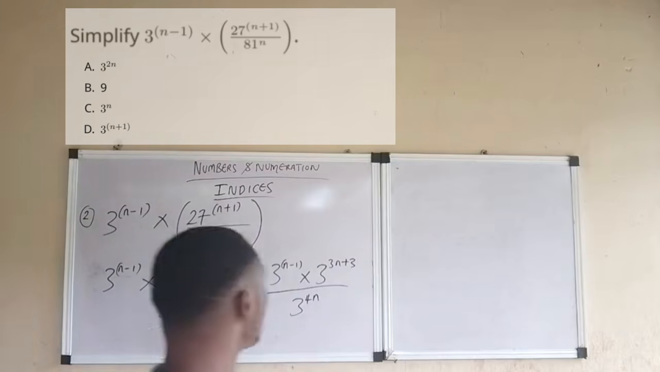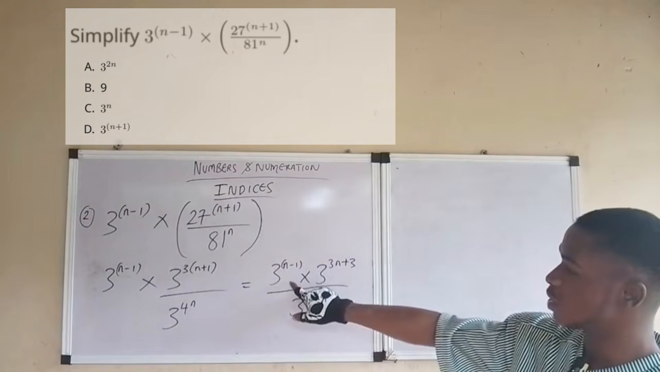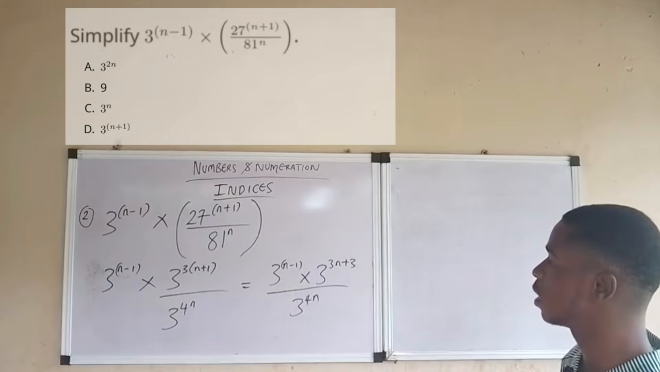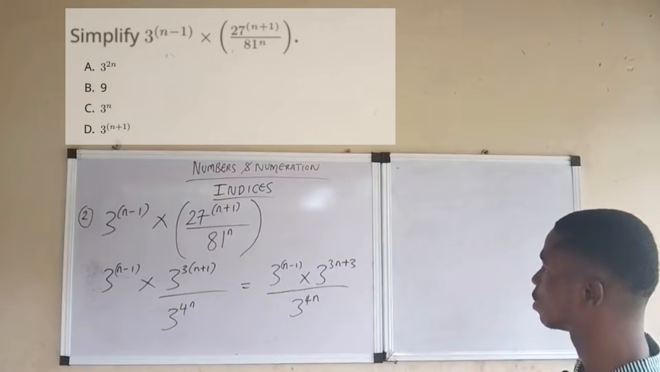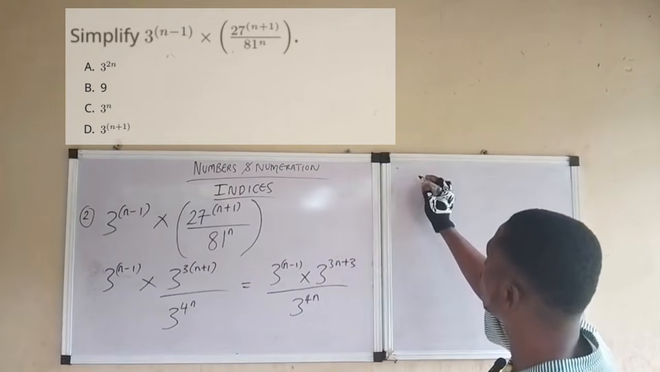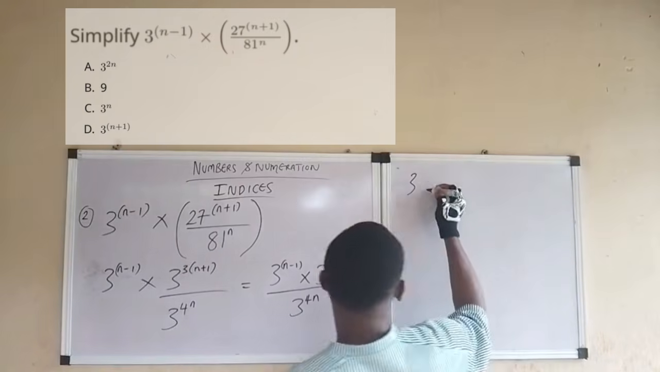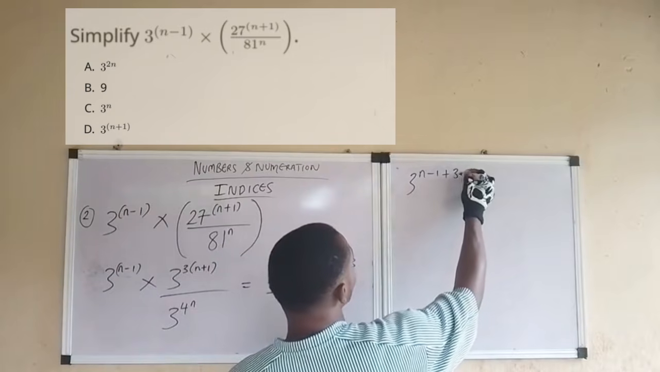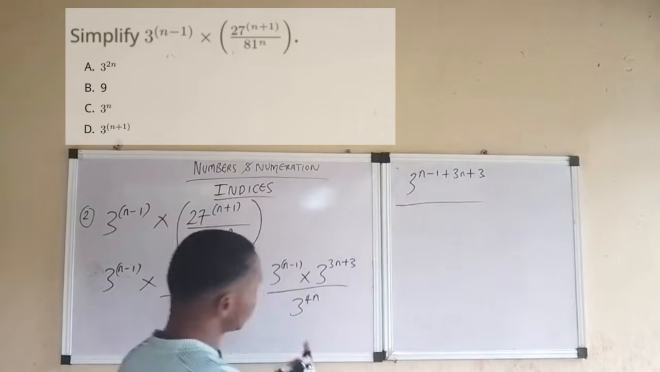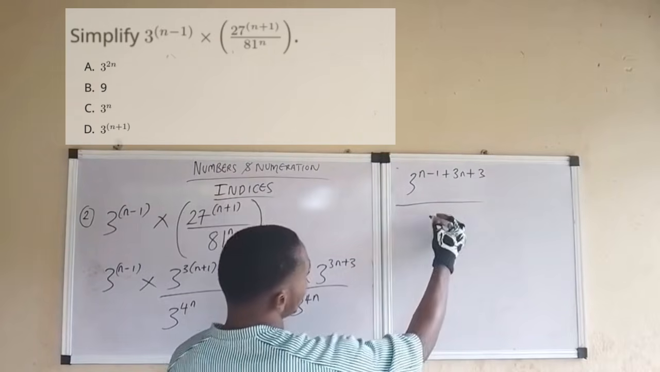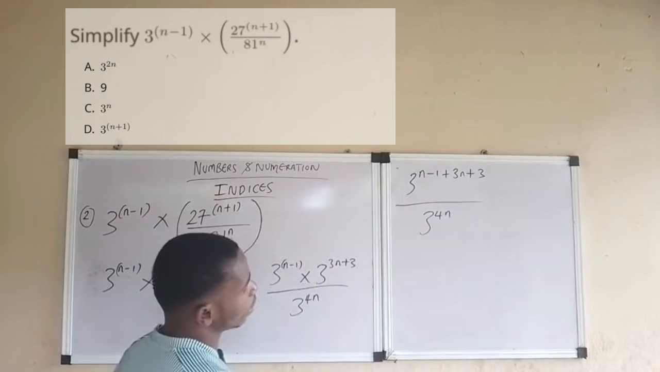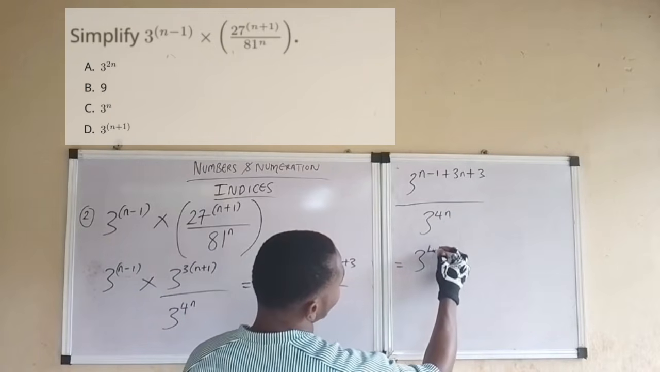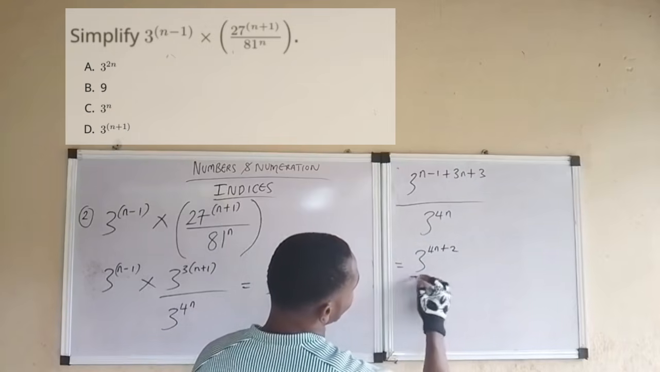All right. Now, moving further, we apply the law of indices that says that when they are of the same base, that's the multiplication law, and they are multiplying each other, you take one of the bases and add the powers. So for the numerator we have 3 raised to the power n minus 1 plus 3n plus 3. We're adding the powers. Then the denominator comes here, 3 raised to the power 4n. Do you understand? So what do we have next? We simplify the numerator. We have 3 raised to the power 4n plus 2